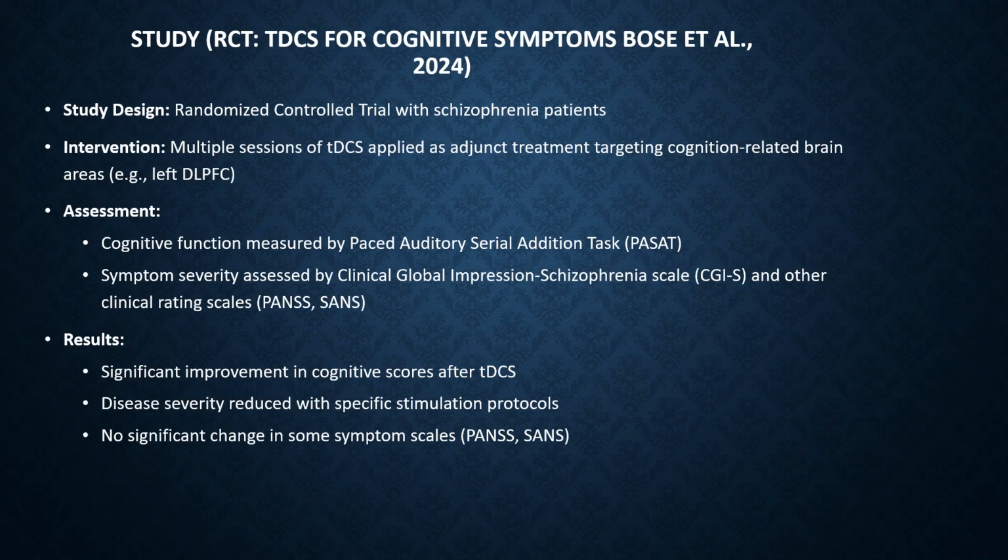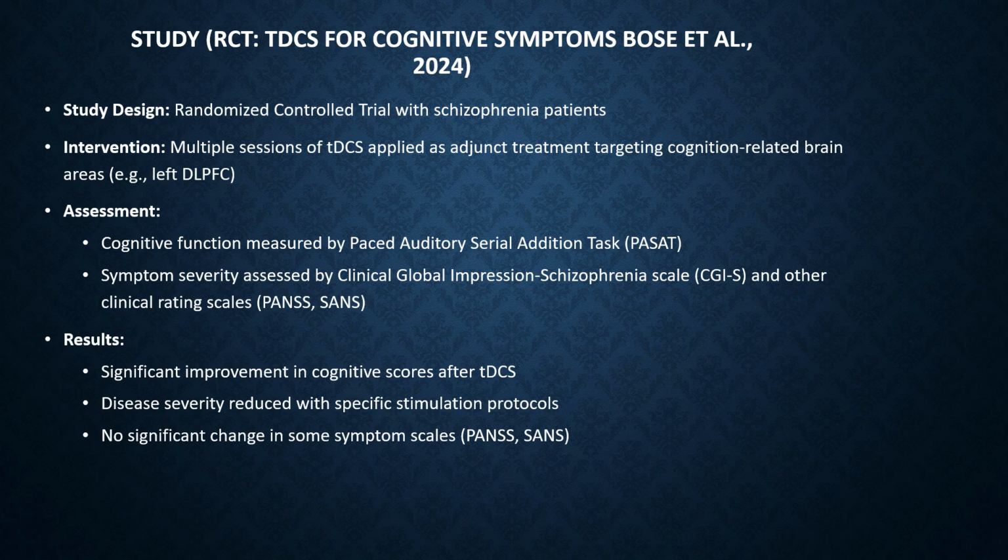The second study I want to discuss is a randomized controlled trial for cognitive symptoms by Boss et al., 2024. Our second example examines a randomized controlled trial, often called the gold standard in medical research. Here, people with schizophrenia were randomly assigned to receive either active TDCS or a sham version. In addition to their regular treatment, the stimulation targeted cognition-related brain areas, mainly the left prefrontal cortex, and was